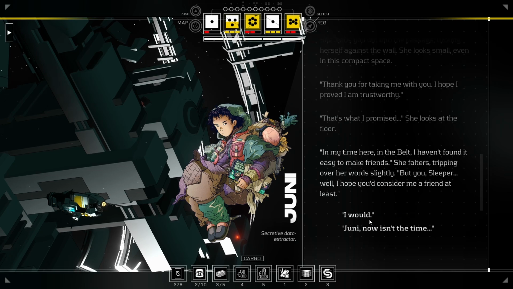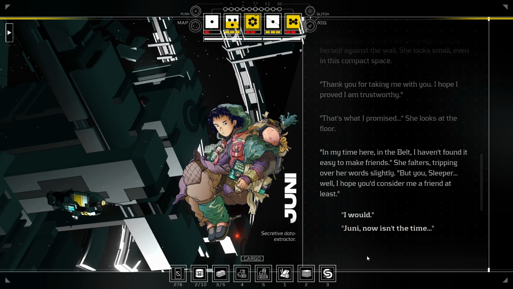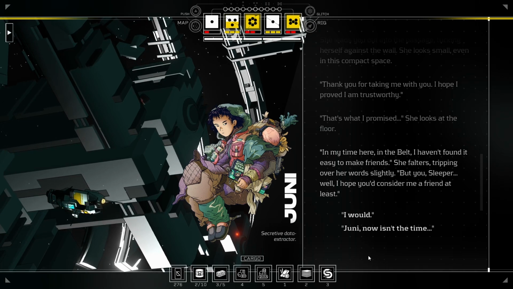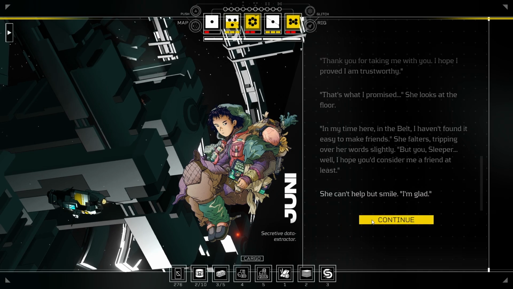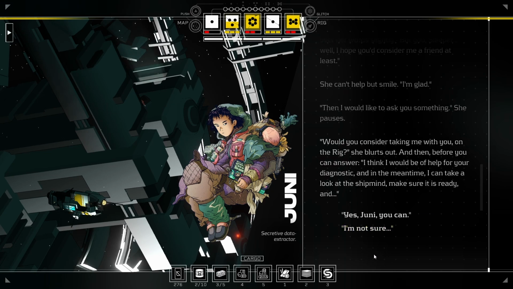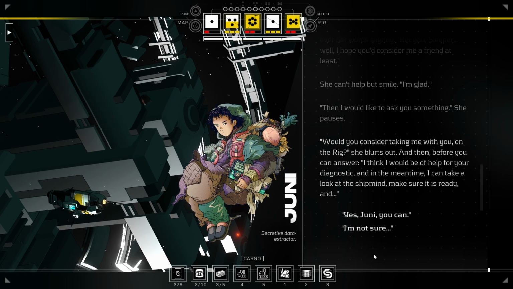She looks at the floor. In my time here in the belt, I haven't found it easy to make friends. She falters, tripping over the word slightly. But you, Sleeper. Well, I hope you'd consider me a friend at least. I would. She can't help but smile. I'm glad. Then I would like to ask you something. She pauses. Would you consider taking me with you on the rig? She blurts out. And then before you can answer, I think it would be of help to your diagnostic. And in the meantime, I could take a look at the Shipmind, make sure it's ready and...